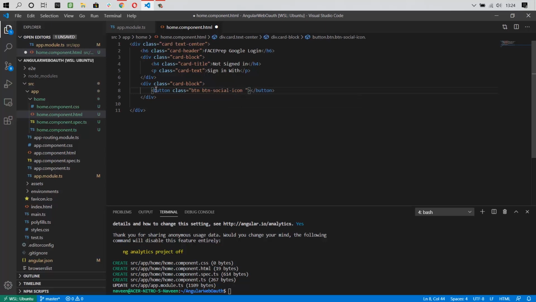And that is the Google button, right? So I'm giving button. And I'm going to define the size, that is mx1, that is small icon. I'm going to define the action for this button. If I click this button, then what happens? So I'm calling the click event. Here I'm going to call one method. So sign in with Google.